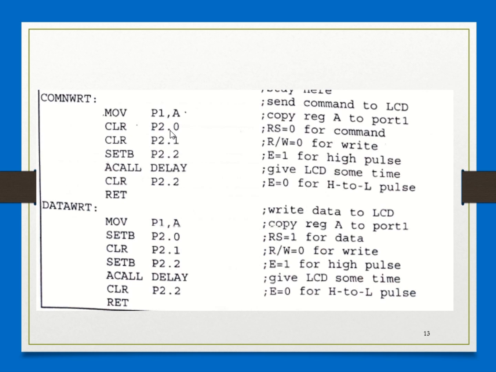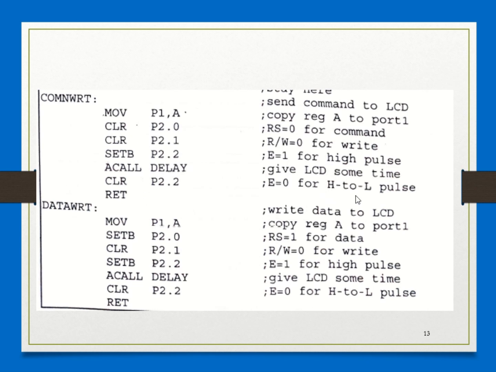If it is 0, then you are sending that command to the command register. Then you are clearing P2.1, to indicate the write operation. Then you are setting P2.2, the enable line, to 1. Then waiting for some time and clearing that.